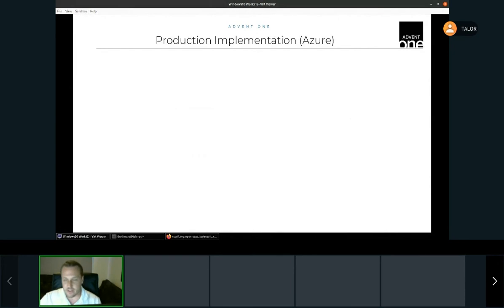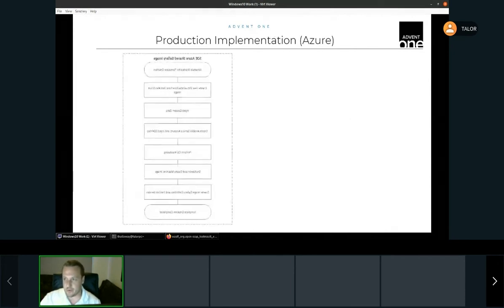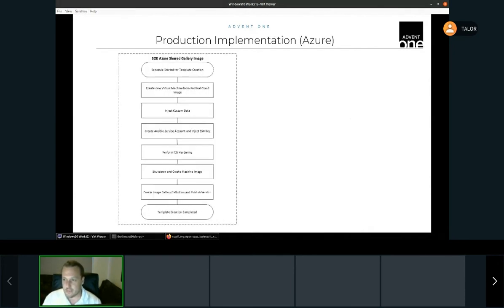It isn't limited to VMware. So here's an example of how we'll do it on Azure. We'd have the same process kick in. We create a new instance in Azure from a Red Hat cloud image, or the image of your choice. We inject our Azure custom data, which is effectively cloud-init. We create our Ansible service account and inject the key, perform the system hardening, and then shut down the machine,